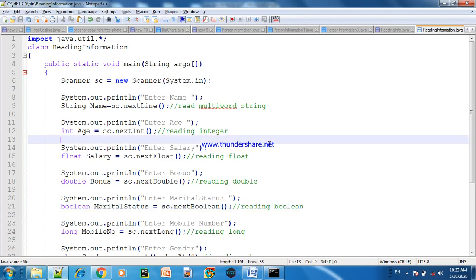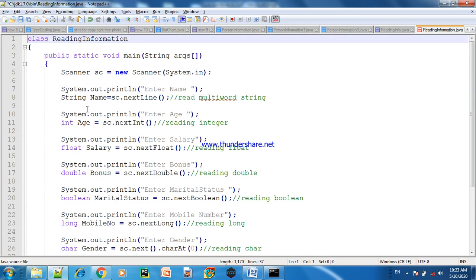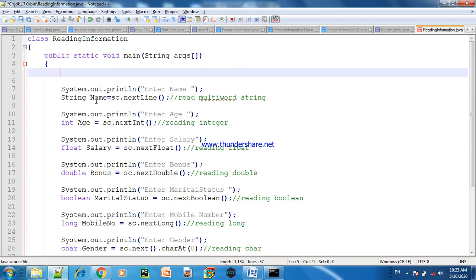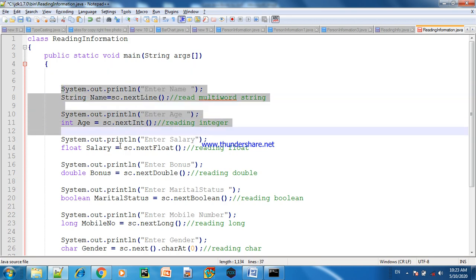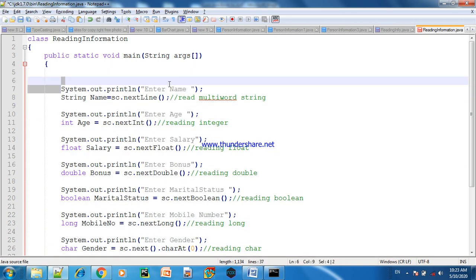Today we will study how we can read data with the help of command line. In the last video we discussed how we can read data by BufferedReader, DataInputStream and Scanner class. This is the fourth method of reading data from the user, and in this method we will read data by command line arguments. For this there is no need of importing any package because we will not use the Scanner class, and there is no need to use all these methods also to read data.